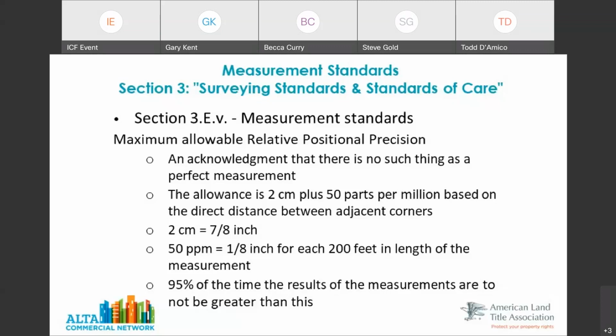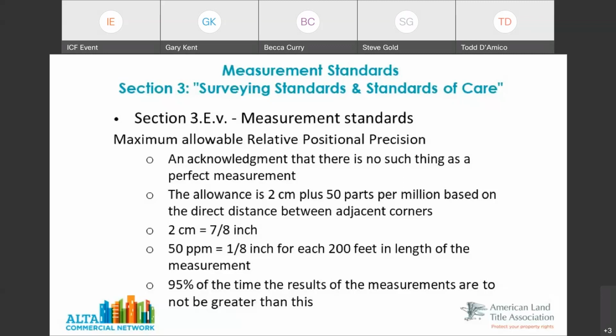That tolerance is 2 centimeters, which is about 7/8 of an inch, plus 50 parts per million. And that sounds kind of funny, but what that amounts to is 1/8 of an inch for every 200 feet. And the reason it is shown this way is because there are 2 components to precision in measurement.